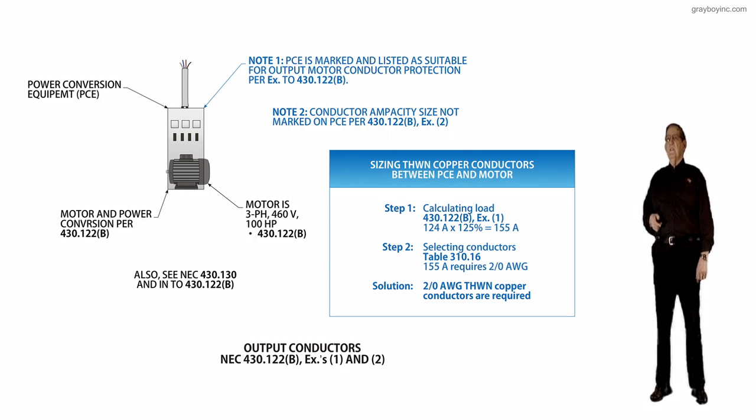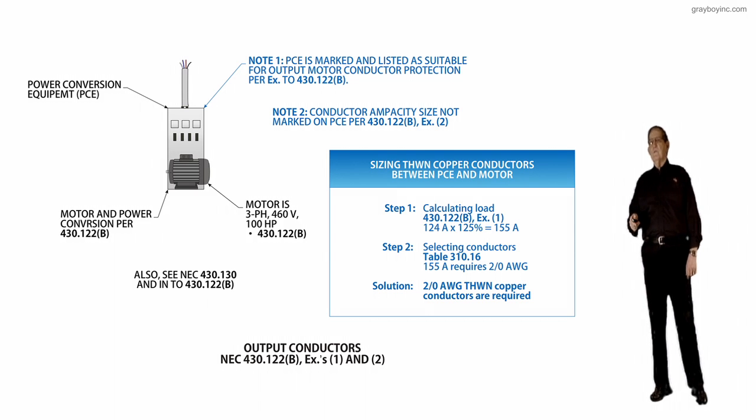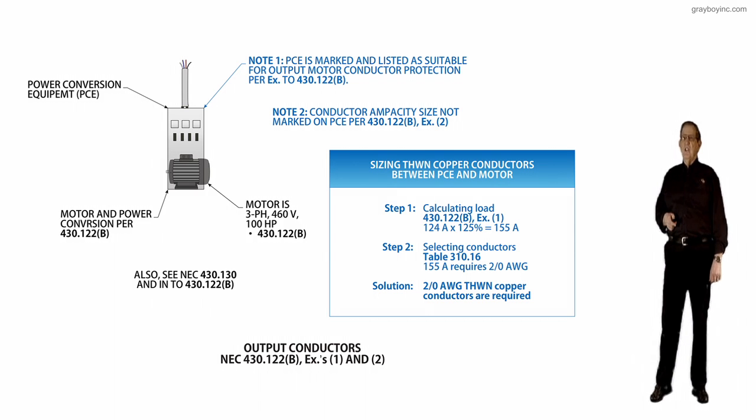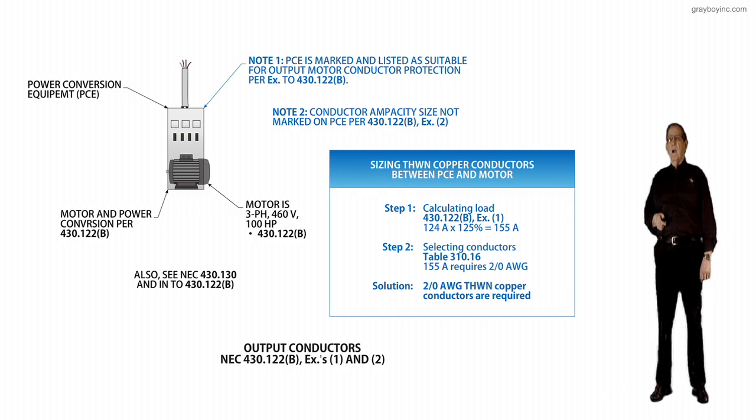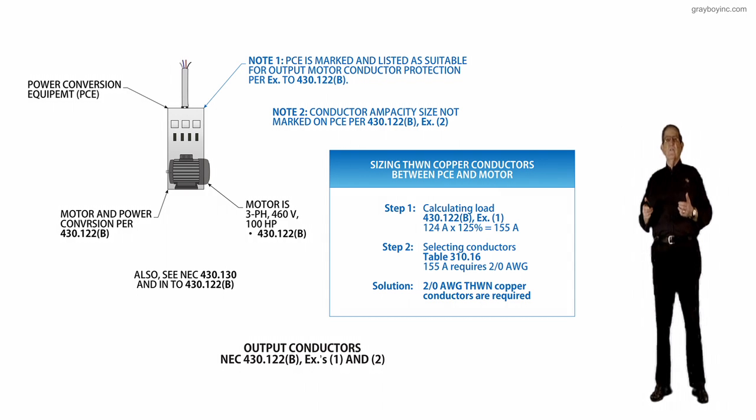We get 155 amps. We go to table 310.16, and 155 amps requires a number 2-aught AWG conductor, good for 175 amps. So the solution is that 2-aught AWG THWN copper conductors are required per calculation. Now we pretty well have the calculation and the size of the conductors, but I'd like to give you a